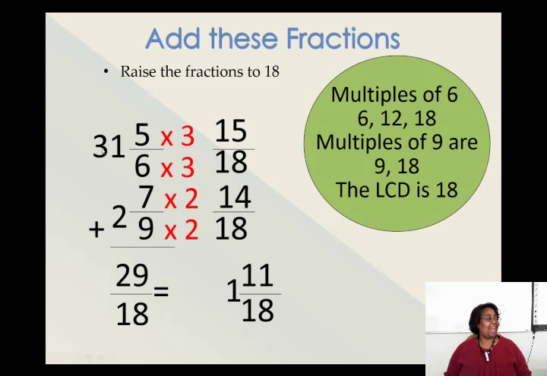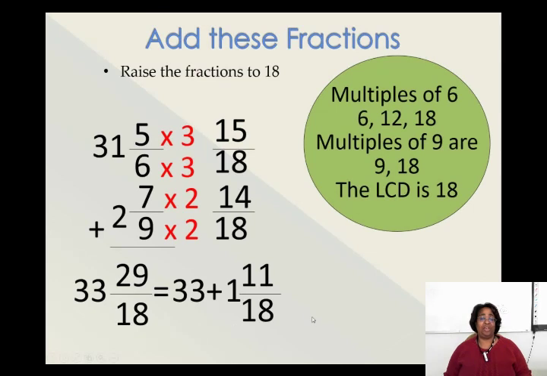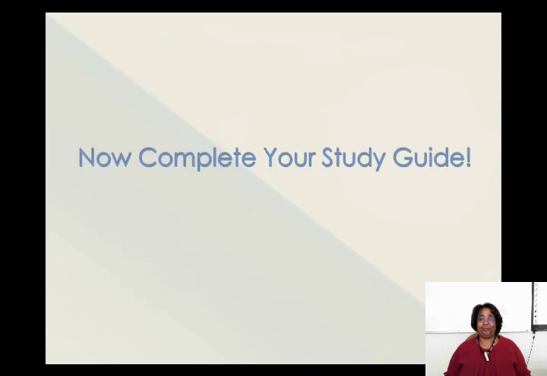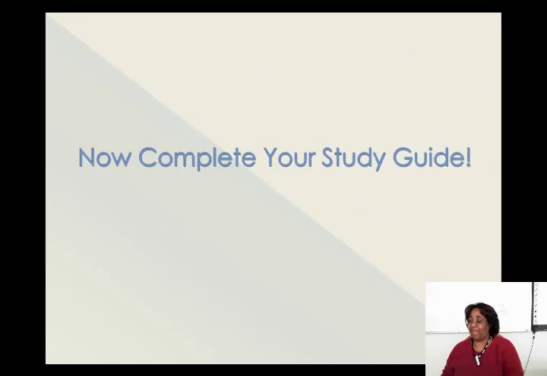Now I need to add the whole numbers. So here I'm getting 33. 33 plus 1 is 34, and 11 over 18. And I didn't have to do any extra reducing in this one. Any questions on this one? Nope. All right. So go to your packets